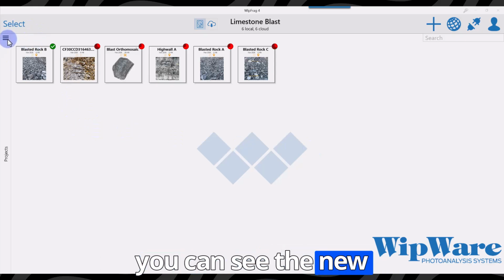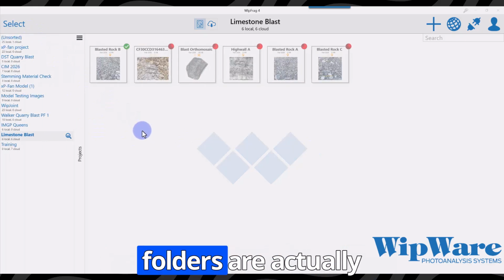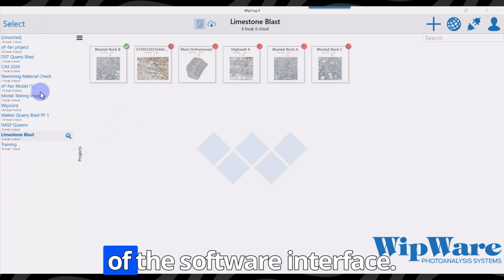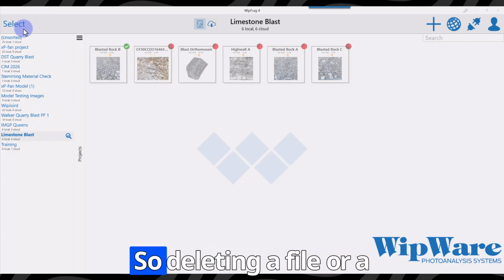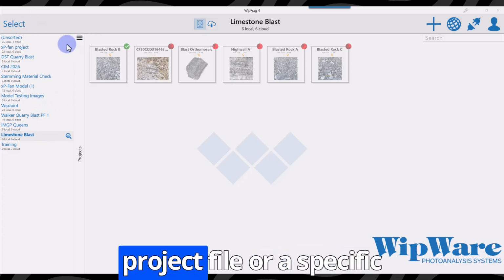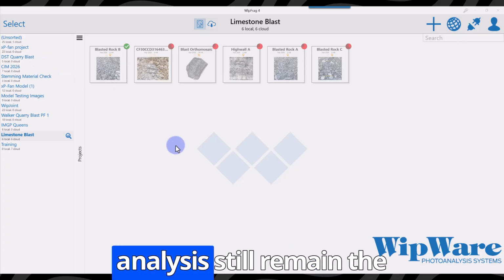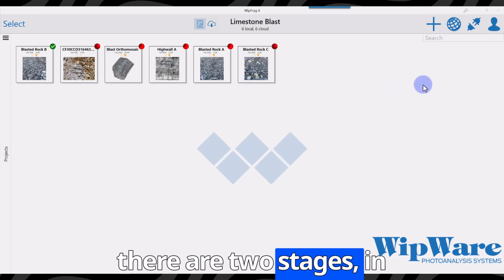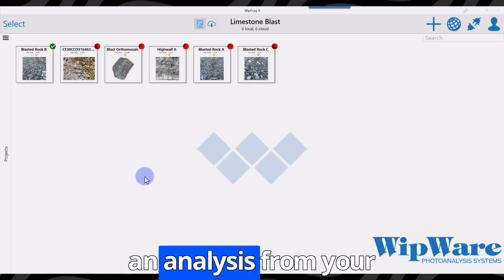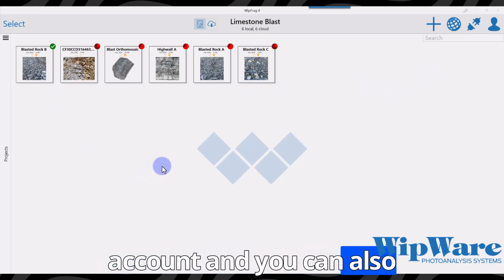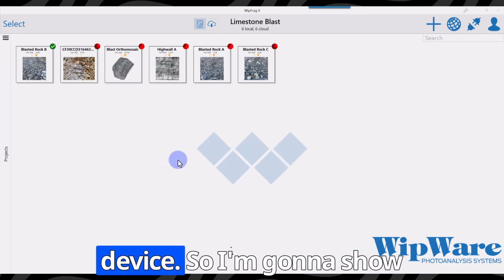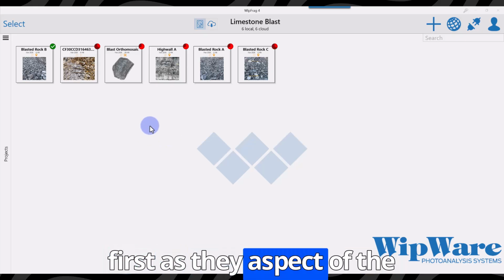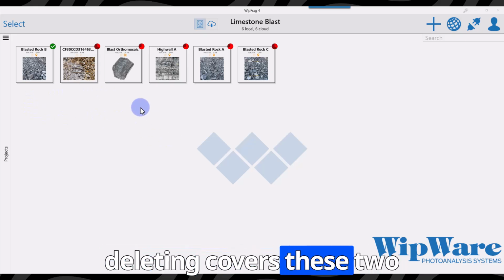As you can see, the new arrangement of files and folders are actually reorganized to be at the edge side of the software interface. So deleting a file or a project file or a specific analysis still remain the same, but in this case there are two stages in the deleting. You can delete an analysis from your account, and you can also remove an analysis from a device. So I'm going to show you how to do these two first, as the aspect of deleting covers these two